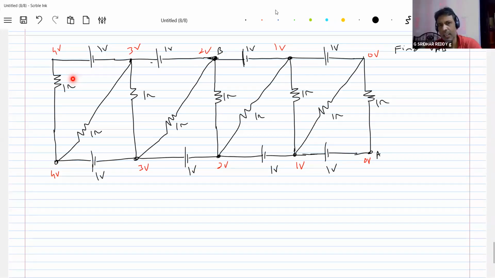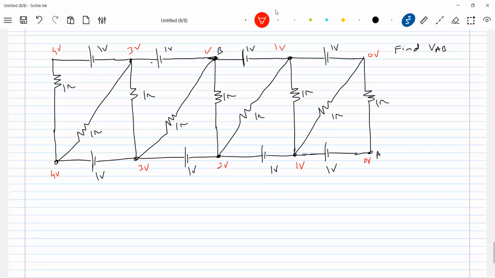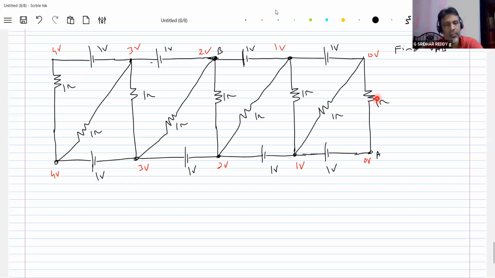Are you getting the logic? So here, can we really assume like this? Because on your own, don't assume that no current flows in a branch. Only after calculation can it be concluded here. But you cannot forcibly say that current here is 0. No current through this branch, 0. Got the idea, no? So keeping that in mind, the current in these two resistors, we are making it 0, but if it really happens, we are not sure.